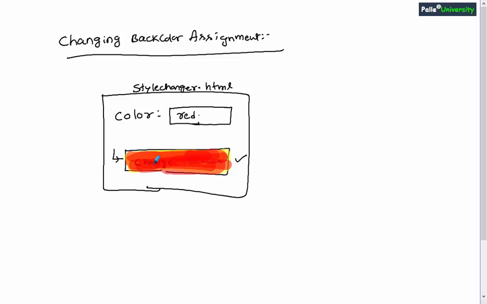So I believe you understood the assignment. That is your task. Now, before solving the assignment, I just wanted to ask you a few questions. First, you tell me, how will you create the button control in the HTML page with the background color yellow?